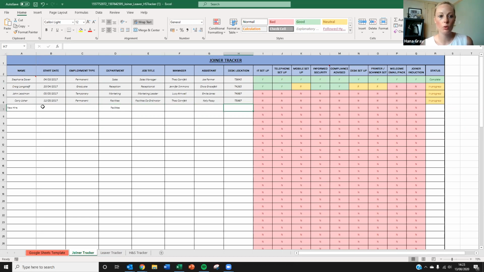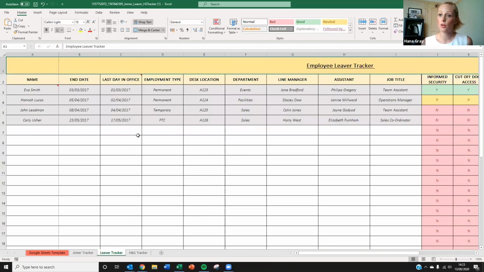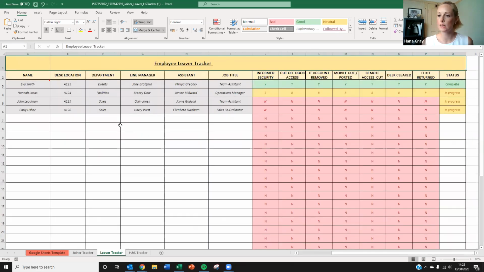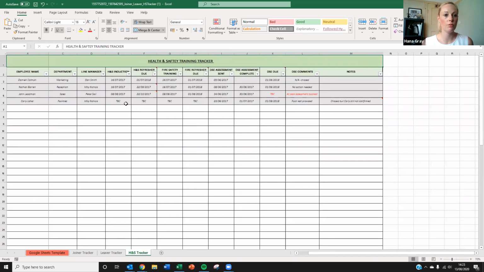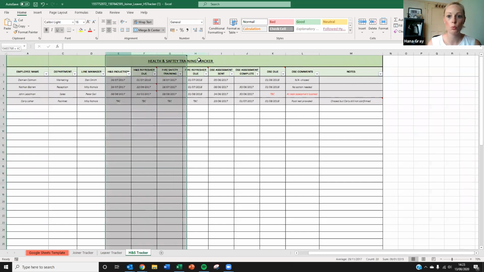And then you go through, once they're named and you've got a start date, to set up the IT, the phones and so on and so forth, and you can add and take away to these as you need to and when they're complete. Much the same in reverse for a leaver tracker, so when you've cleared their desk, cut off their security card, IT, etc. And then within this one as well, you've got health and safety, so the various things that you would want to train them on and when they've been completed, and then any comments on there,